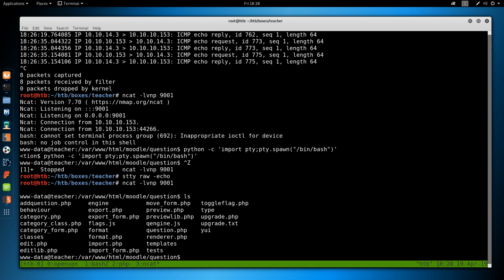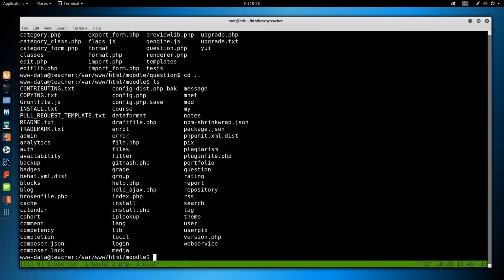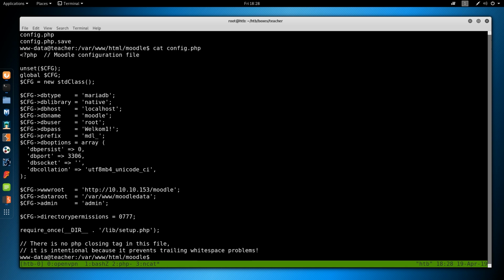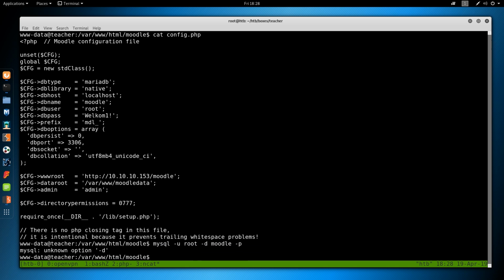So the first thing I normally do whenever I pop a web server is to look at where the database config is and poke around the database. So let's just ls, grep for config, and we see config.php. So let's cat that, and we can see the database is MySQL, database name's moodle, user's root, and password is